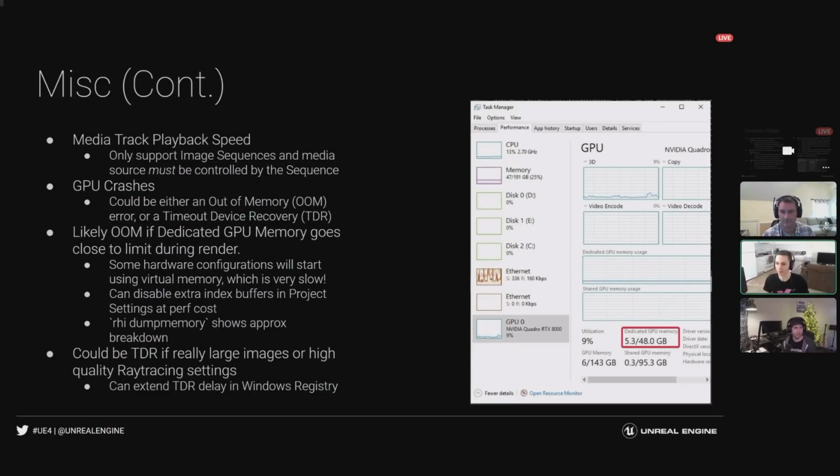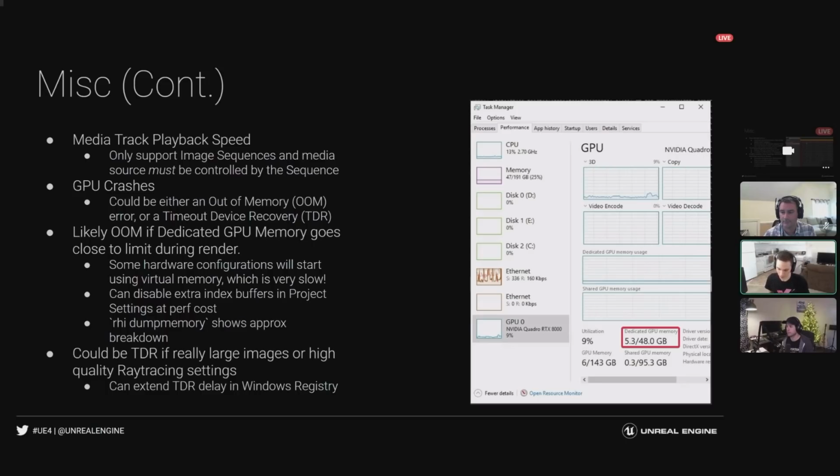Miscellaneous continued. Media track playback speed. This one comes up pretty often where people will render out a movie and then any media sources within the engine are playing back very quickly. And this is caused by, if sequencer doesn't control the media source, then it's using effectively the wall clock time.